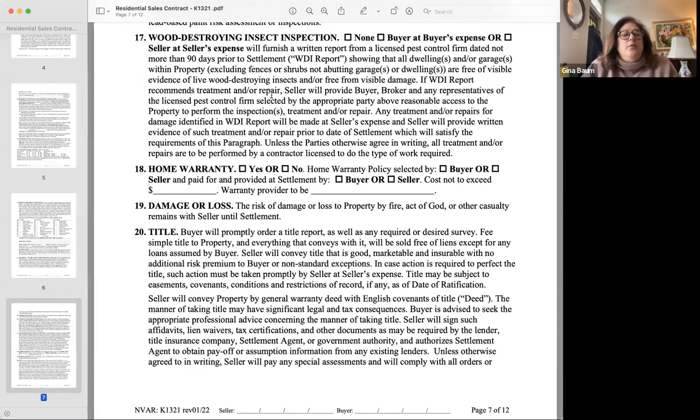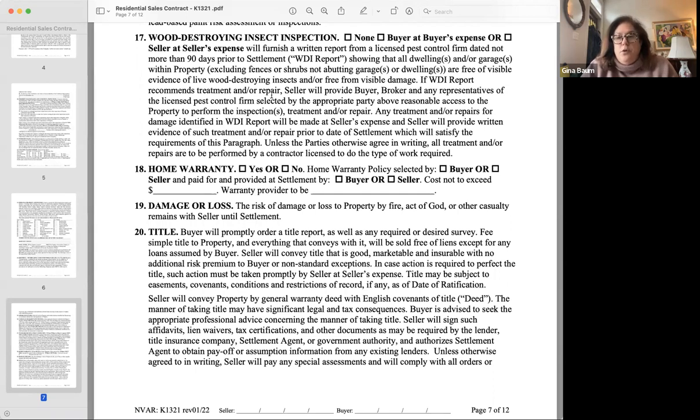If the WDI report recommends treatment and/or repair, seller will provide buyer, broker, and any representative of a licensed pest control firm selected by the appropriate party above reasonable access, there it is again, to the property to perform the inspections, treatment, and/or repair. Okay, so this is an important sentence. Any treatment and/or repairs for damage identified in the WDI report